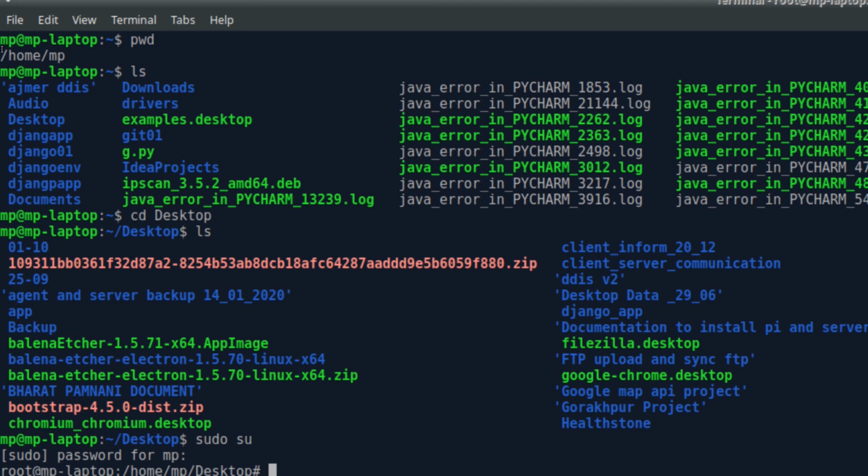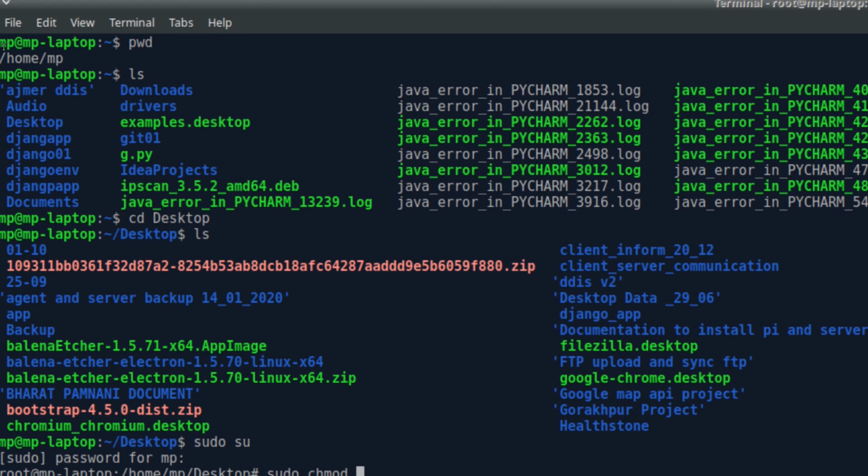So you can edit any system file as well. Like suppose you are working on a Django project, you can edit some of the files which a normal user can't edit, so you can edit them by this command. Another advantage of this command is you can give all permissions to all files. Suppose you have a file and it requires permission to open, so you can use that command. So I'll type one command, sudo chmod.